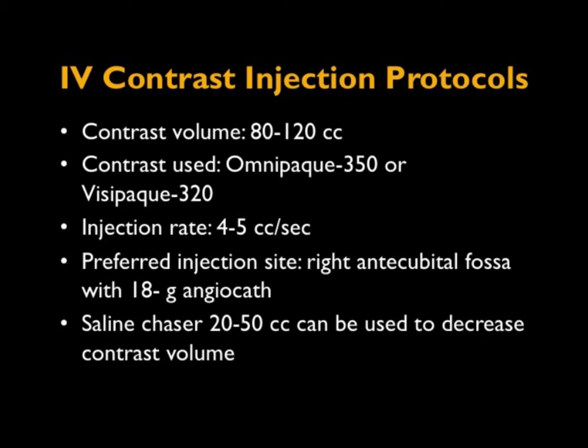We typically like an 18 gauge or a 20 gauge if you have one of the newer type needles by B&D. But again, you want to make certain that you can inject at least 5 cc's a second. We typically use a saline chaser of 20 to 50 cc's to clear out the right side of the heart when doing coronaries, or to at least clear out the line to make maximum use of contrast when you're doing